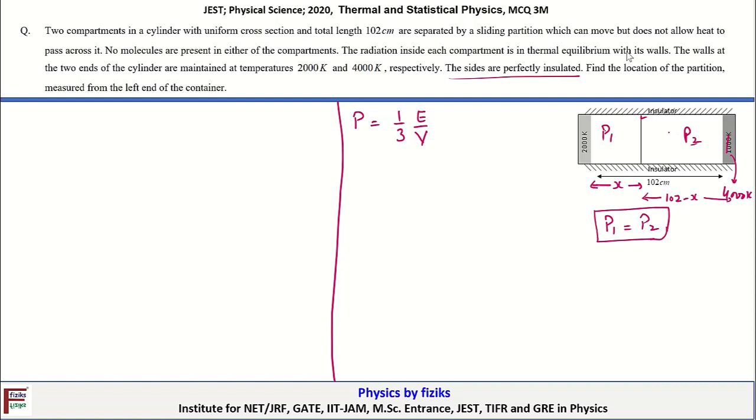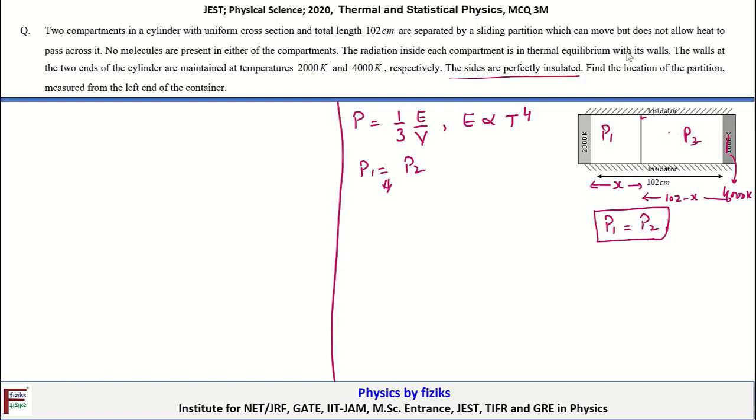Further, it's known that the energy density of the radiation is proportional to T to the power 4. We will make use of these two facts to figure out the exact value of x. So for both partitions, when P1 equals P2, since pressure is 1/3 of energy density, and energy is proportional to T to the power 4,